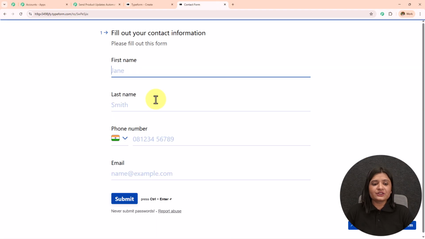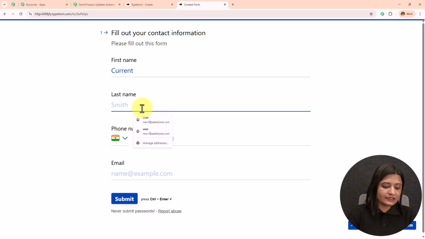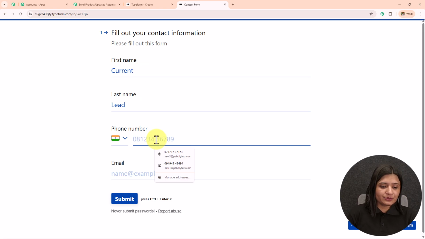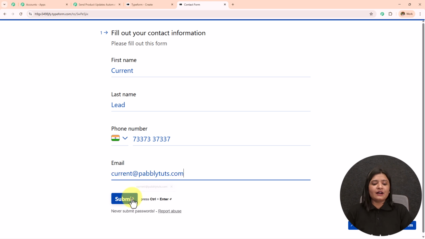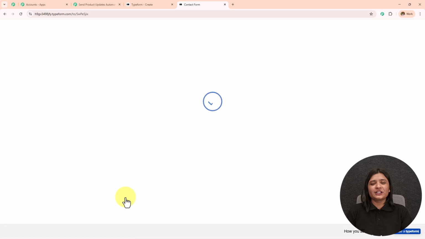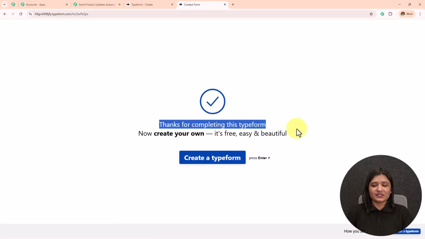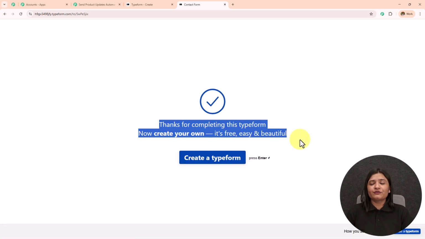So here I'm going to enter some dummy details. I'm going to enter my name as current, the last name as lead. I'm going to enter my phone number as this one, and then I'm going to enter my email address as current@pabblytudes.com. After entering these details, I am simply going to click on submit, and here the form submission is done. I am going to open my workflow and check whether I have received any response there or not,